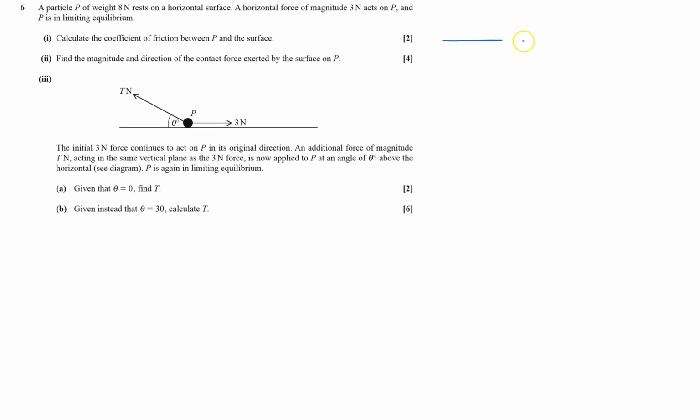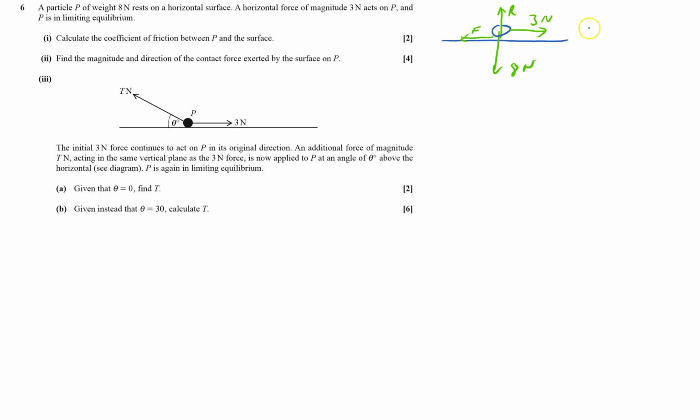A particle P rests on a horizontal surface and has a weight of 8 newtons. So I've got 8 newtons coming down, R going up. A horizontal force of 3 newtons, I can put it there. So it's 3 newtons, and P is in limiting equilibrium. So I'm going to have friction going backwards there. I've got to calculate the coefficient of friction between the surface,